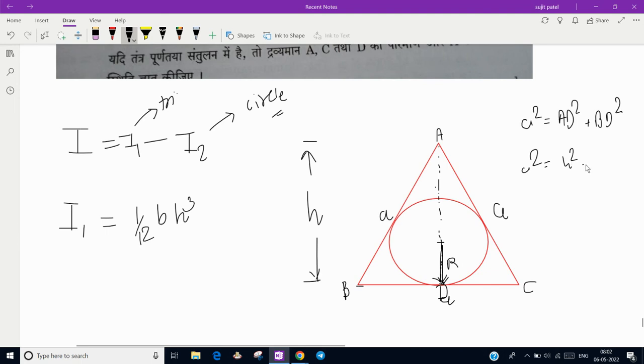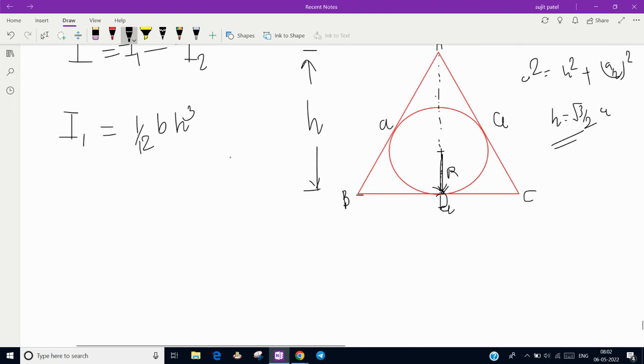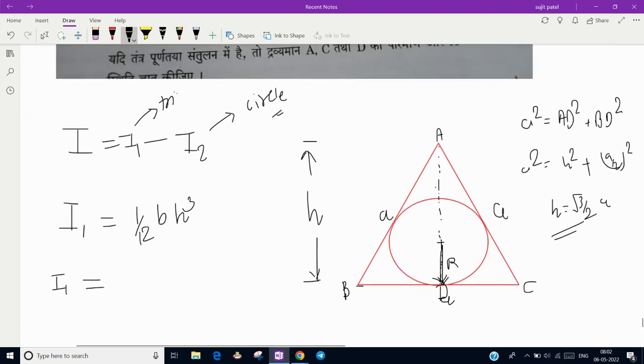That is h square plus (a/2) whole square, that means a by 2 whole square. So h will be root 3 by 2 a. When you solve this, you will get root 3 by 2 a. Now put this h value over here, so you will get the I1 value as, call it equation number 1,